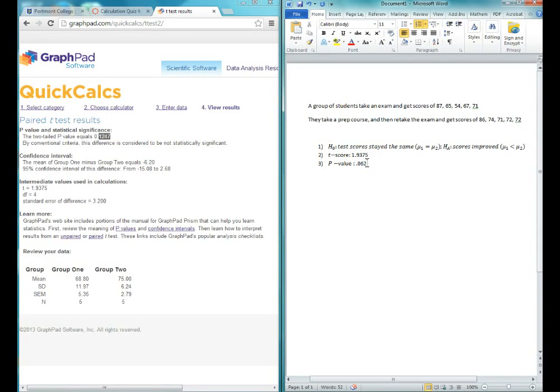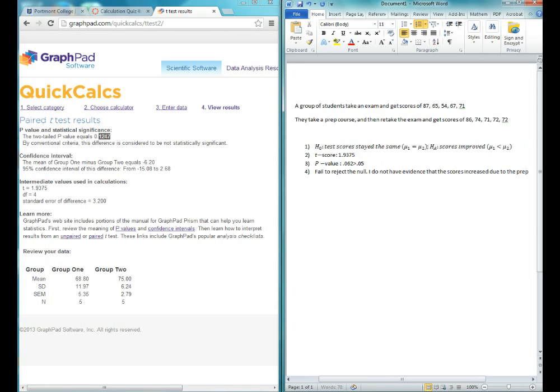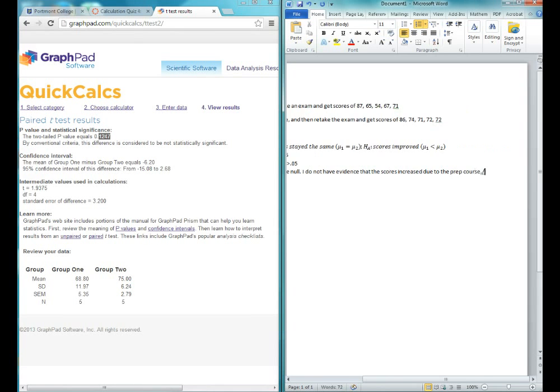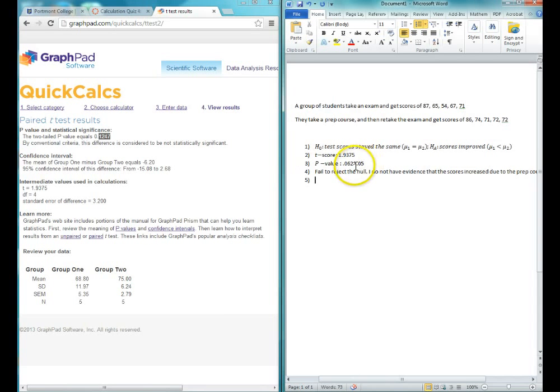So is that lesser or bigger than 0.05? Well, that's bigger than 0.05, which means it's not statistically significant. So I fail to reject the null. I do not have evidence that the scores increased due to the prep course. Well, I guess we'd have to change the prep course, huh? It didn't really work very well. So that's how we would do a comparative